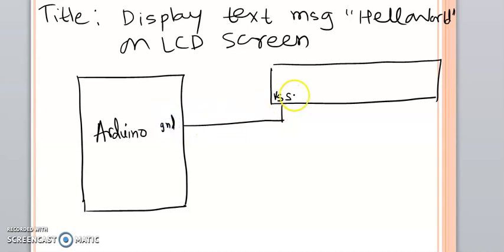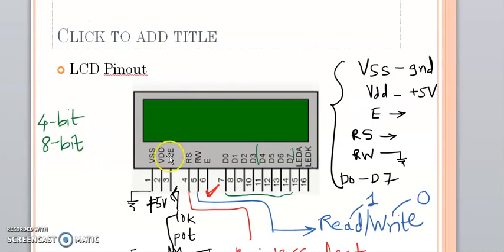Then VDD. VDD is nothing but the supply pin, which needs to be connected to plus 5 volt onboard supply on the Arduino. Then what is the next configuration pin? VEE. Suppose I don't want to control contrast, so I am not going to use this right now.